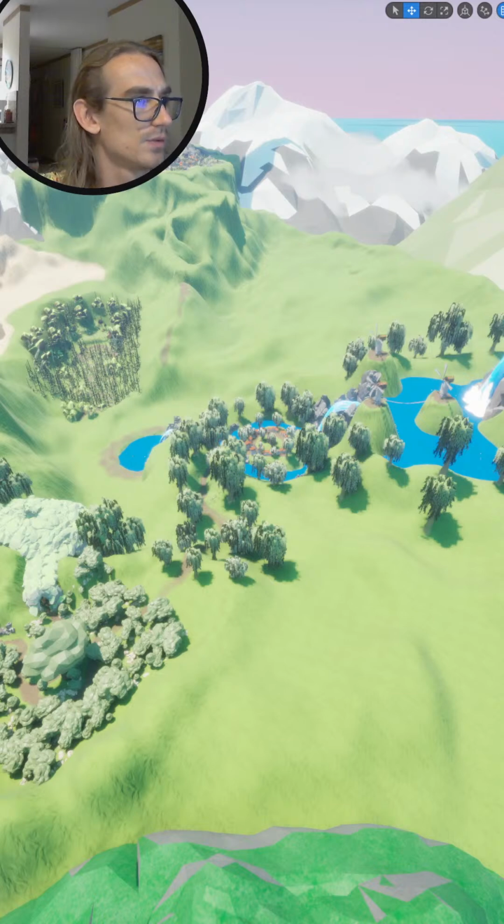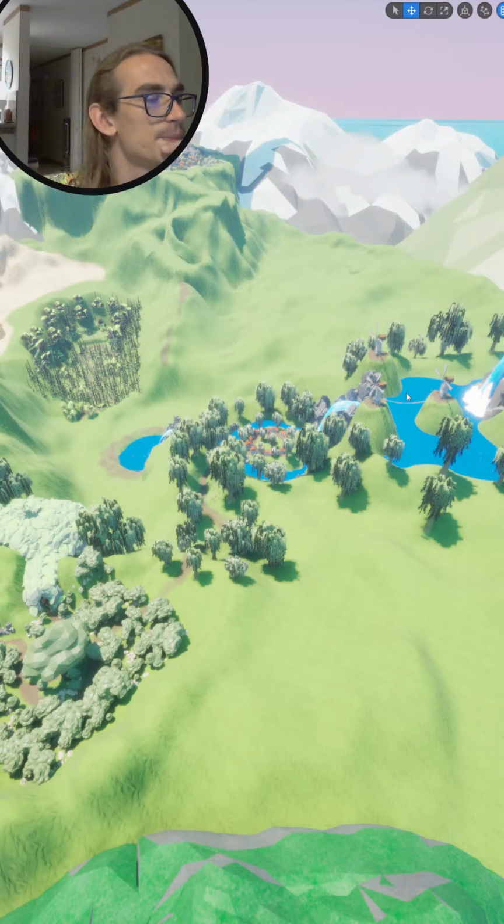Okay, so tree. Okay, is this the same? Tree round. Okay, so we're gonna use these trees in the PCG graph, and then we're gonna change the material. Okay, now I understand what happened actually. So here I'm going to